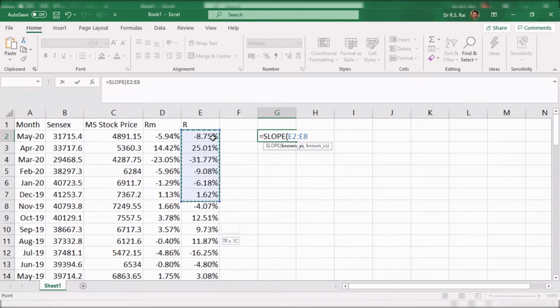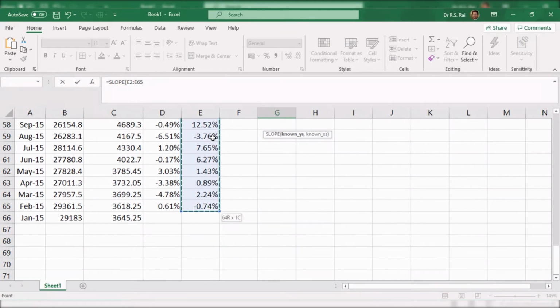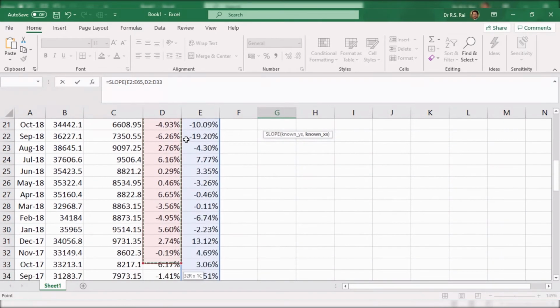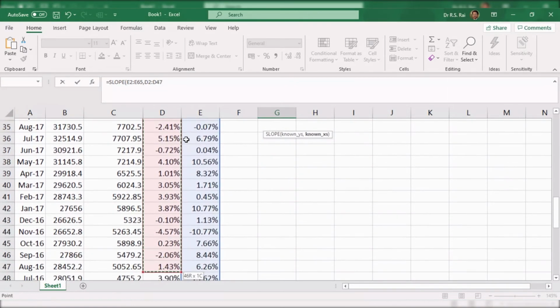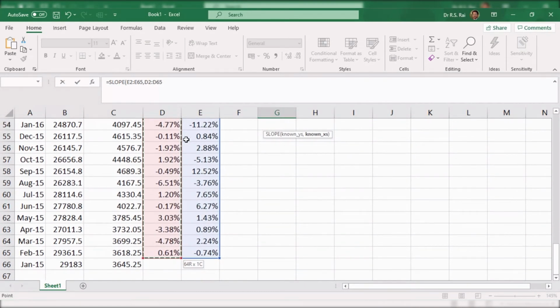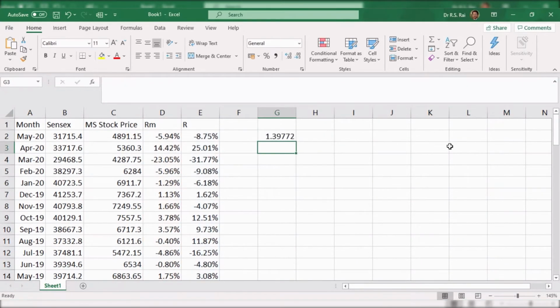So we've selected this, comma, known x's. So we select the return from the stock market, Sensex, as known x's, bracket close, and we press enter. So you have got the value of beta as 1.39.